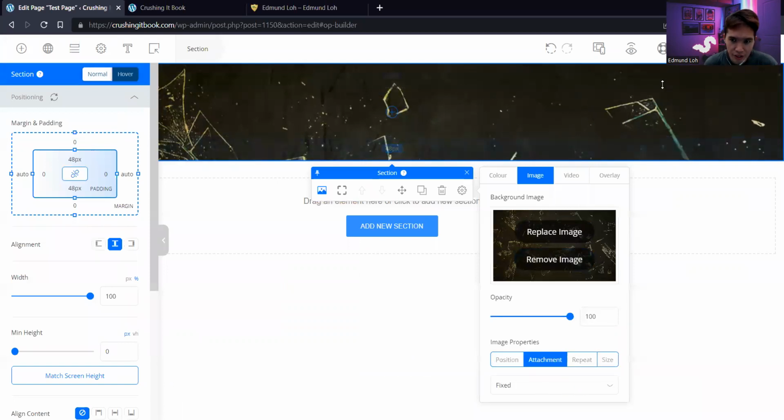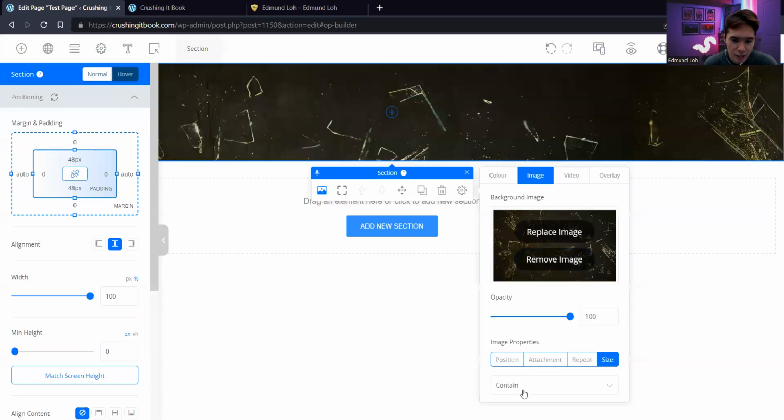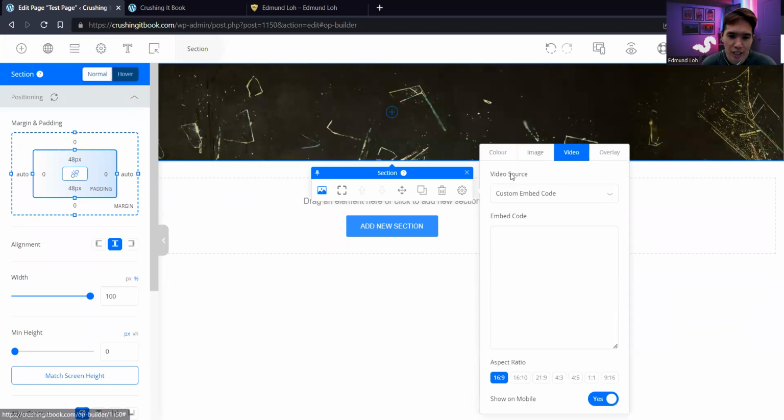Okay, you can have the background fixed. You can have it repeat. You can change the size. It's totally up to you. Okay, so it's a bit subjective right now. And even to be very frank, I kind of just play around until I like the background. All right, so